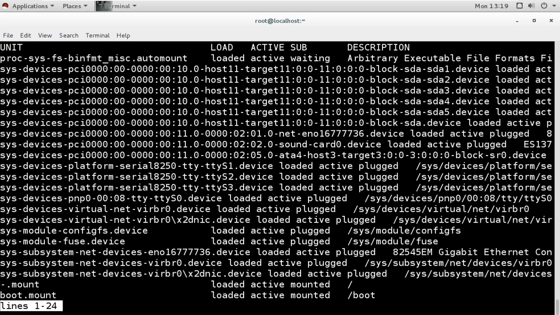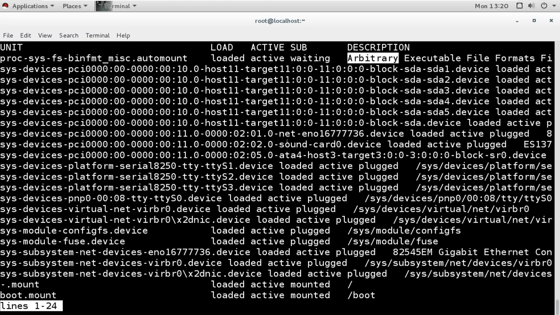And it's showing this, and here it shows the name of the units. Here it shows whether it is loaded or not, whether it is active, and this is the sub condition, like it is active and then it is waiting or running, and this is the description of that unit.